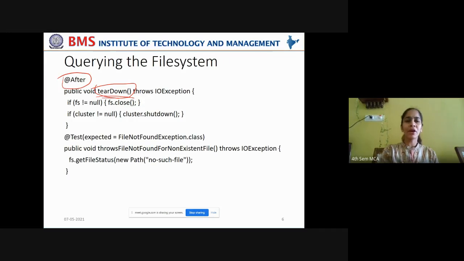In this tear down method, you are trying to check whether the file system object is null. If a path is established and the required task is performed, now fs is not equal to null.